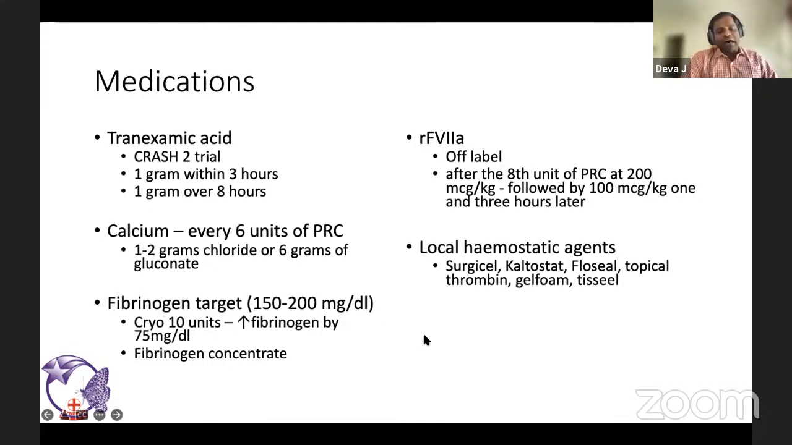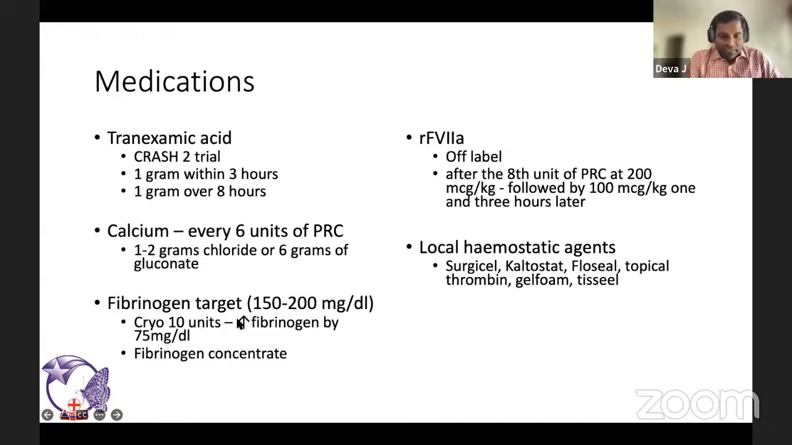The next is fibrinogen target. So we mentioned that there are 2 problems. One is we talked about trauma-induced coagulopathy. In that, we said if you give lots and lots of crystalloids, you're going to deplete the coagulation factors. And one of the factors that get depleted is fibrinogen. It's important to replace the fibrinogen to achieve better hemostasis. So cryoprecipitate is the product that gives you enough fibrinogen. Ideally, you would want to give 10 units of cryo to increase the fibrinogen by 75 milligram per deciliter. Your target is 150 to 200 milligram per deciliter